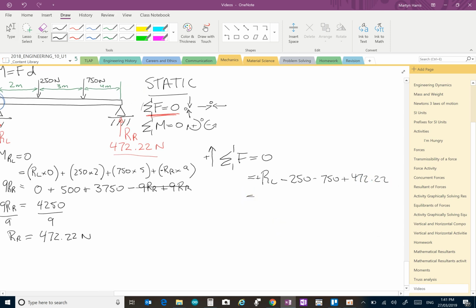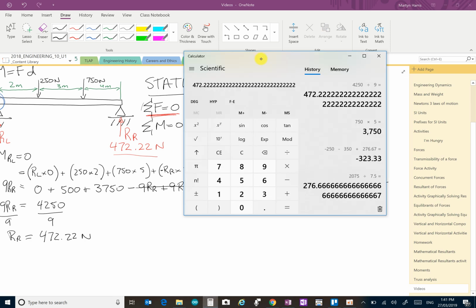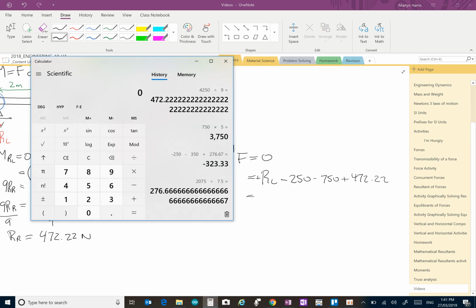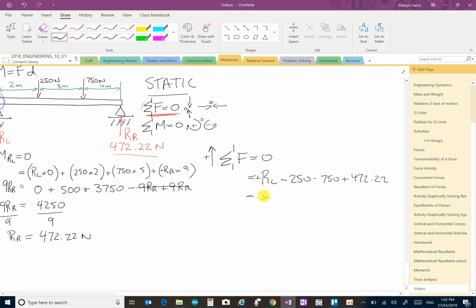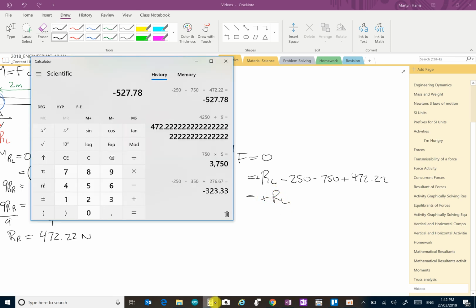472.22. So let's punch that into the calculator and see what we get. It's moving that across and clearing. So we've got 250, and that's a negative value, minus 750 plus 472.22 equals. So now we get a value of negative 527.78. So that's going to be positive RL, and then a negative